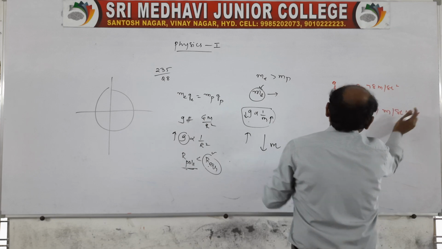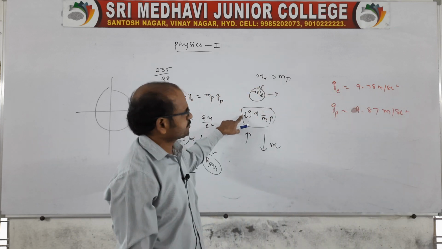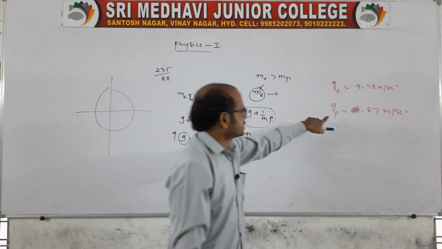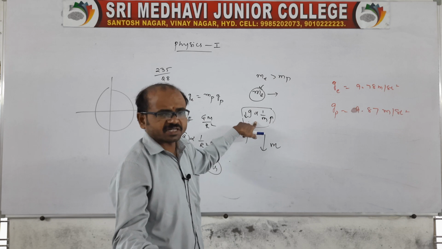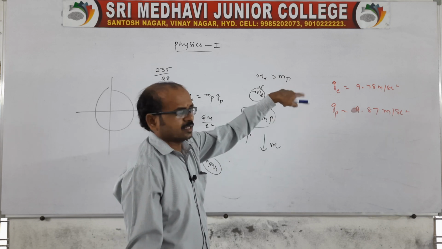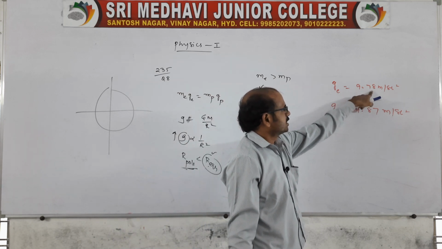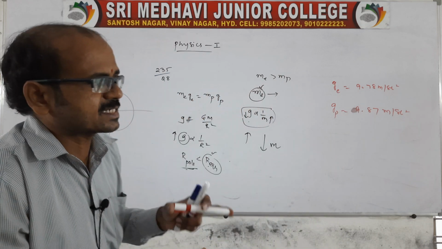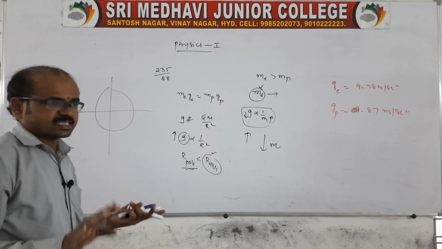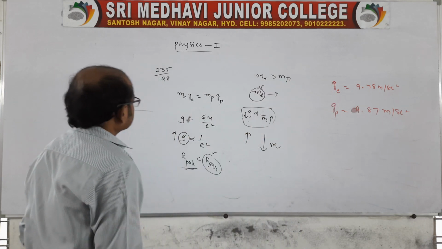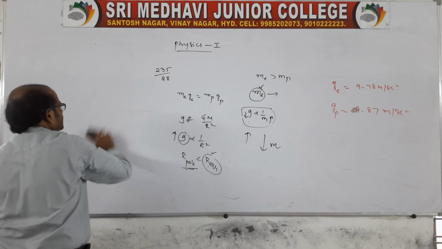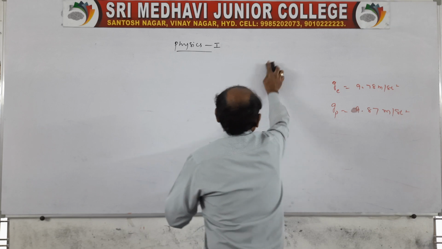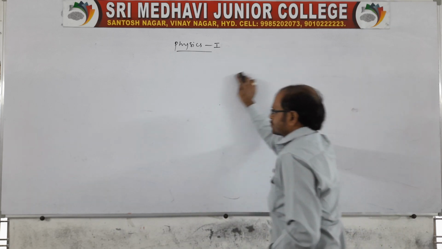From this also we can say the equator g value is less. When g is less, mass is more. And when g is more, mass is less. That's it. Very simple. We can also say the conclusion from here: at the equator the value is 9.78 and at a pole the value is 9.87. If g increases, mass decreases. That's all. This is the conclusion for the given question on page number 235, question number 8. So this is about the relation between small g and capital G.